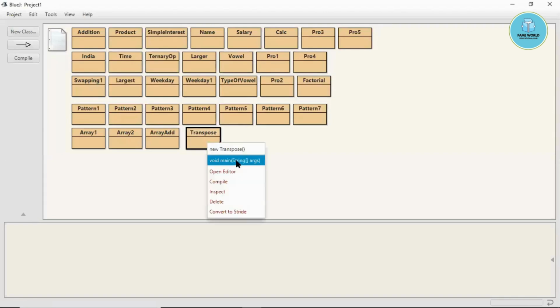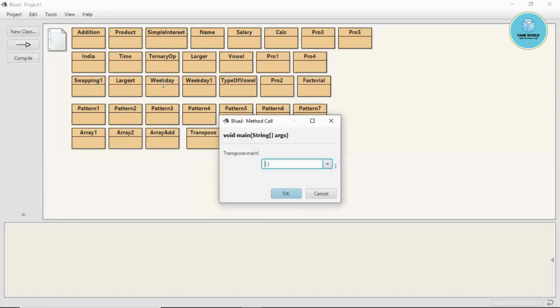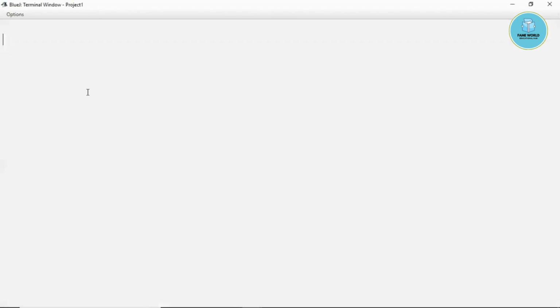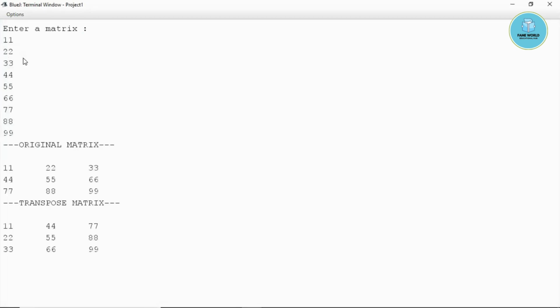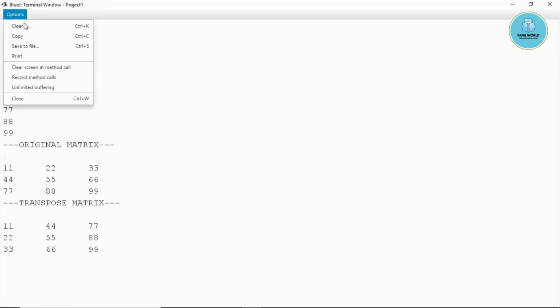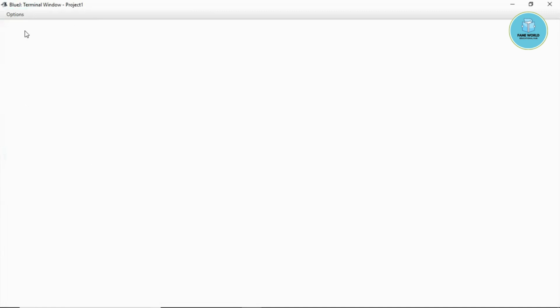So you have seen how we have to do the transpose. Now here also we will enter a matrix. I'm just going to enter a 3 by 3 matrix, so we have to enter 9 elements. Now you can see that the rows have become the columns and the columns have become rows. So this way we have to convert, and it is so simple. The original and the transpose matrix are here. This is how the presentation should look, and it looks good if you are working like this.